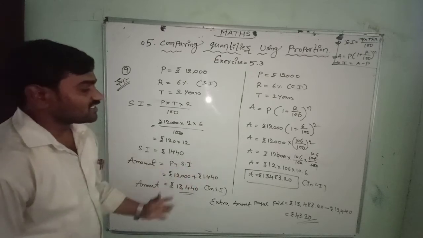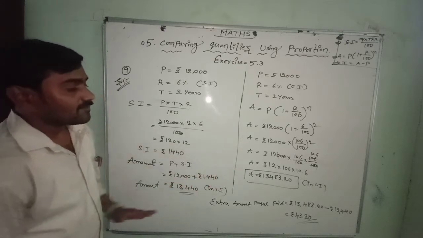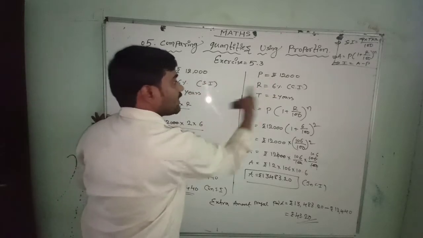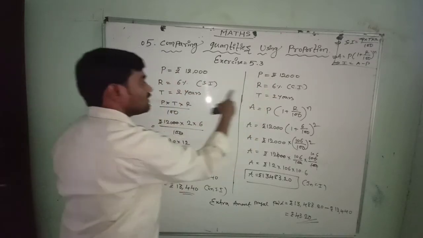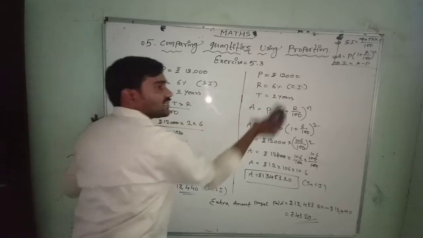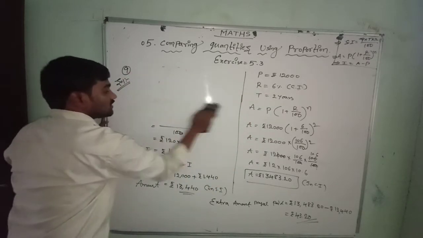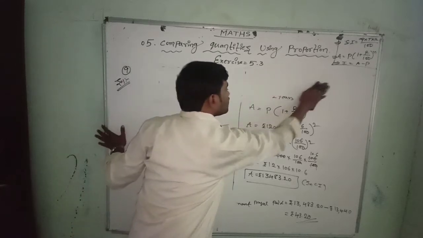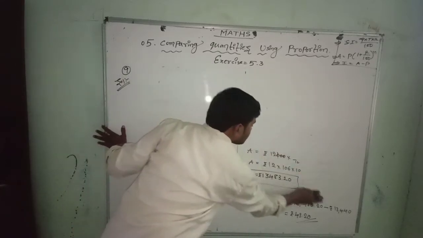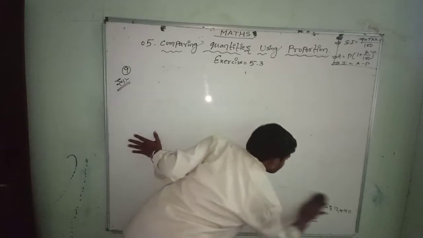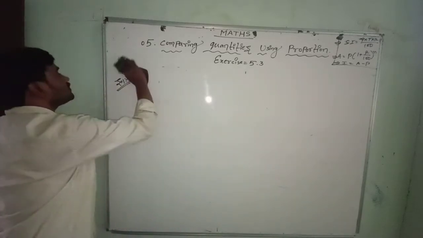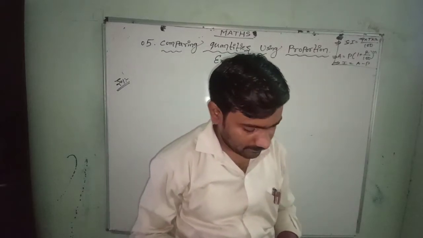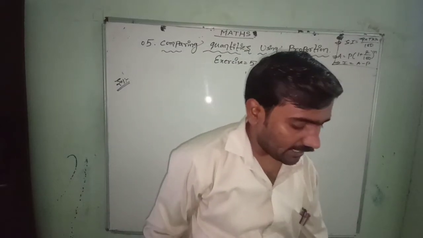So what is the difference between compound interest and simple interest? The same amount he took, for the same rate of interest, for the same time in years, but here it is simple interest and there it is compound interest. So the simple interest formula you take here and find the amount. For compound interest there is a direct formula, substitute in that and you will get two amounts. Then find the difference of the two amounts and we will get the answer directly. Now question number 10.